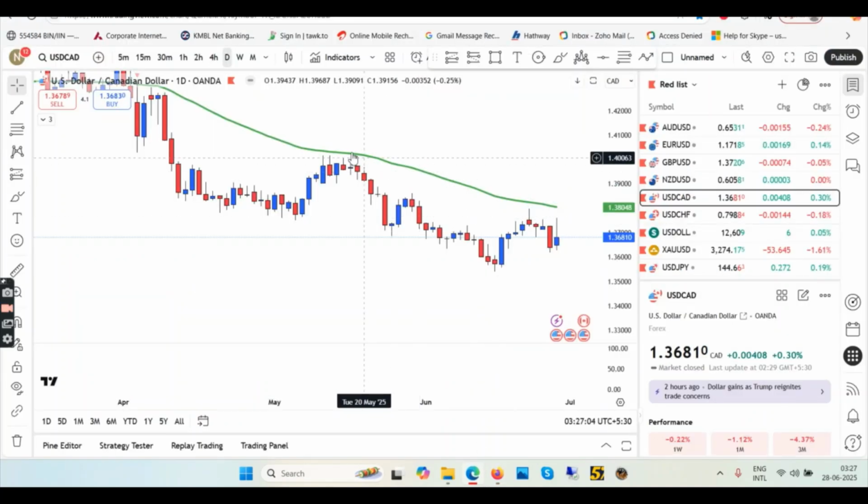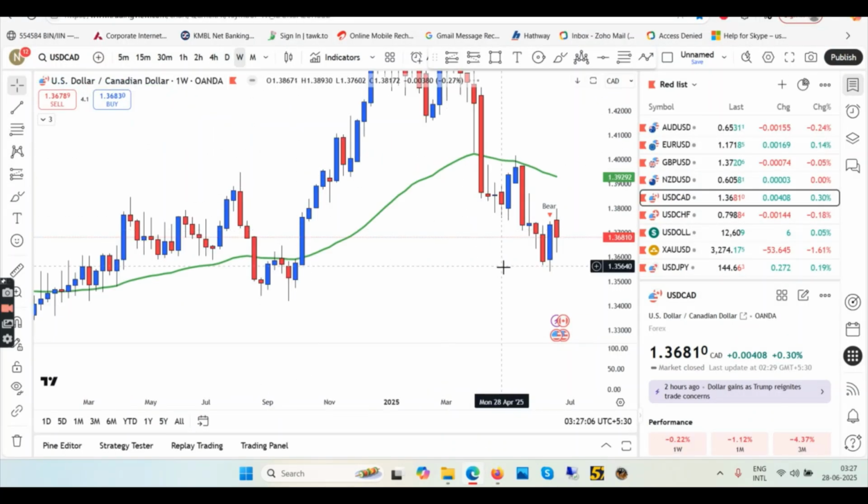Coming back to the chart here, starting the approach with the weekly time frame. Weekly, we are bearish. We are supposed to go down. This week we went down. This week was red, and we are still in the downtrend. And we have to take down this low. This low yet has to be taken. So we went down, then pulled back, then came down again. This low still has to be taken. So we are going down.